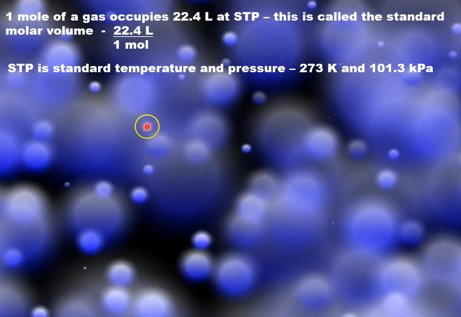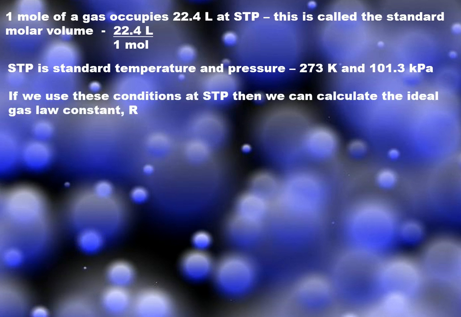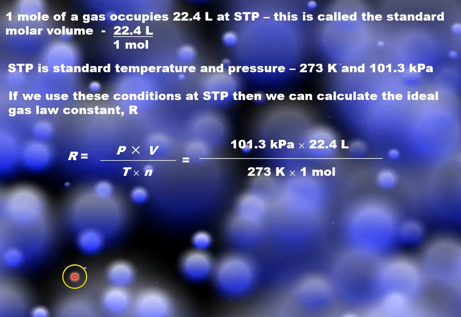STP is standard temperature and pressure. We talked about that before, which is 273 Kelvin and 101.3 kPa. If we use these conditions at STP, then we can calculate the ideal gas law constant just by plugging it into the equation. So we plug in the pressure at STP times the volume at STP, divide that by the temperature at STP times 1 mole, and the value is